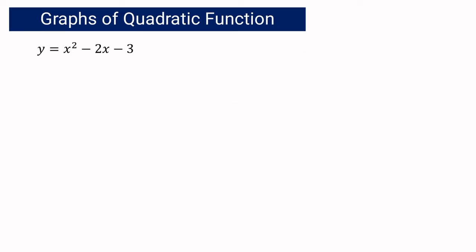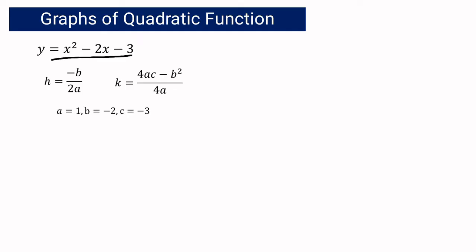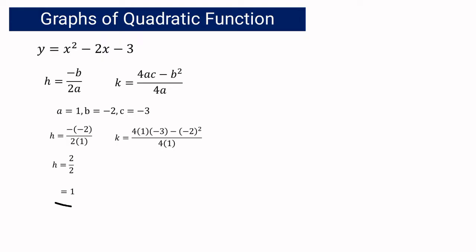If you have y equals x squared minus 2x minus 3, and if we are going to graph, the first thing that we have to do is to get the value of h and k. Again, this is the formula for h and this is the formula for k. So the values of a, b, and c here are 1, negative 2, and negative 3. If we substitute the values, h will be equal to 1. And if we get the value of k using the values of a, b, and c, we will be having